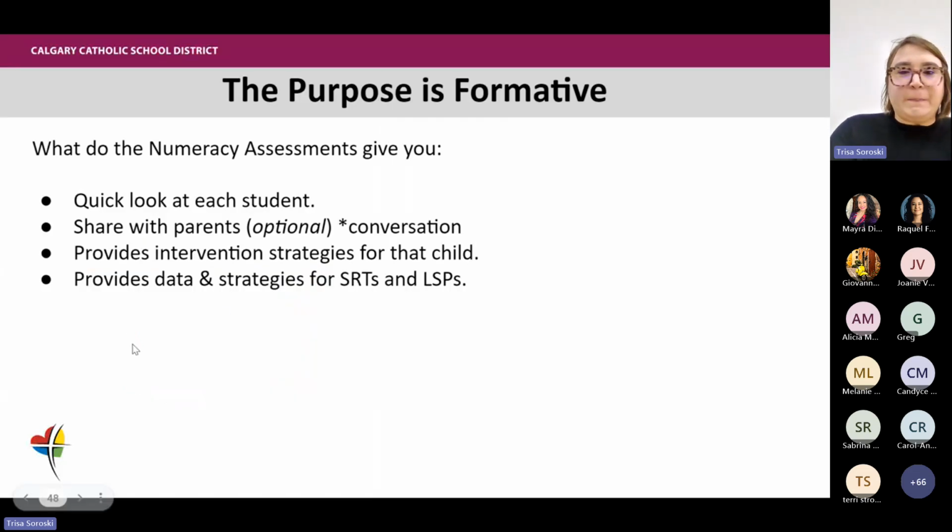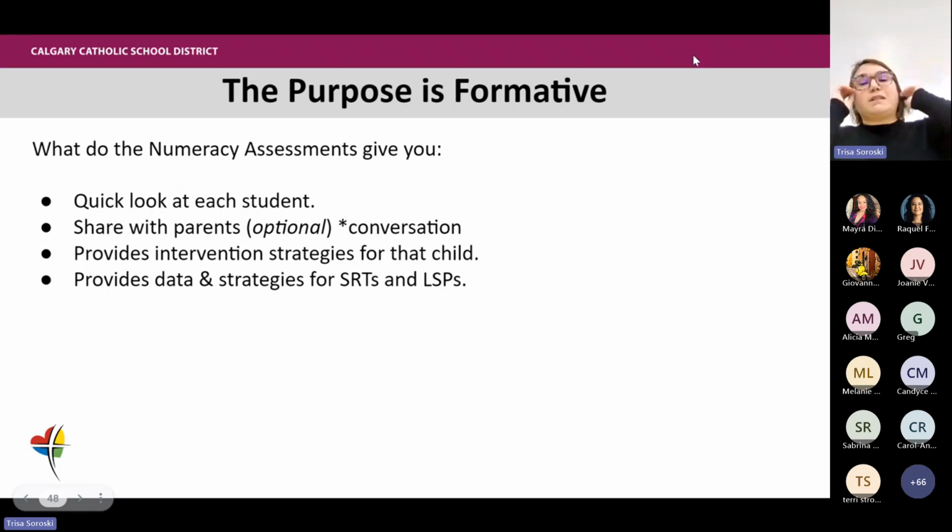So let's get started. My messaging is the same about the numeracy screeners as Camille was, that this is a formative assessment. We're looking to see where students are at with their numeracy skills. So it doesn't have anything to do with how much or how little you've taught so far. You'll see that some of the tasks within the numeracy screeners will certainly not be taught in January in kindergarten. It's more about getting a snapshot of where students are at so that we can use that data to drive our instruction and catch any students who might have some gaps in their foundational understanding.